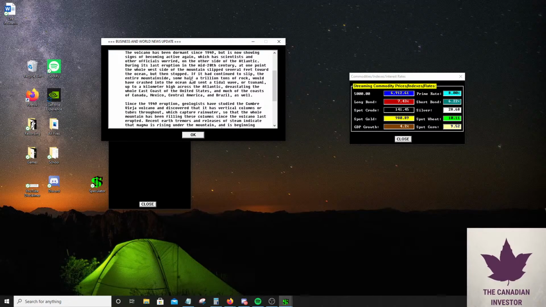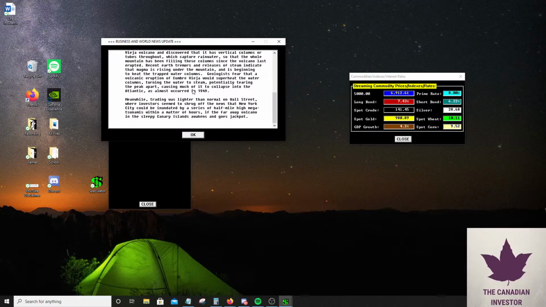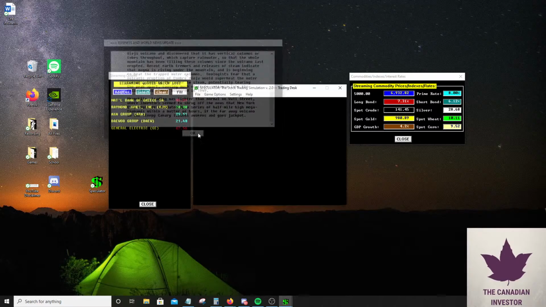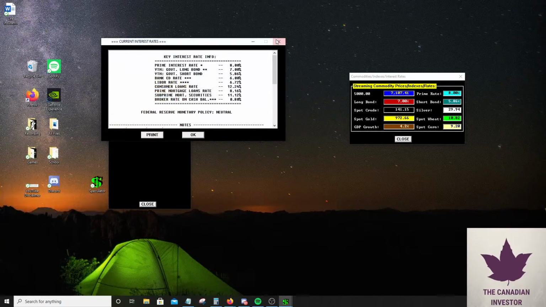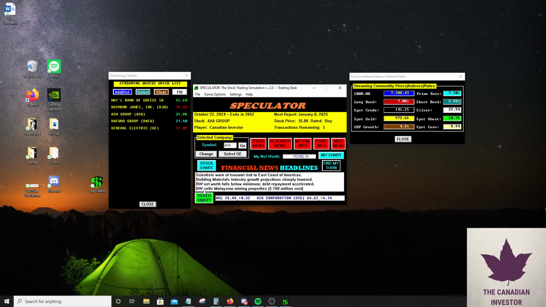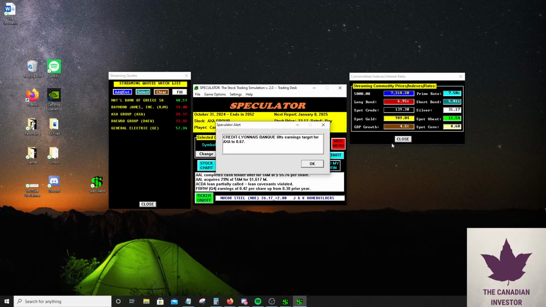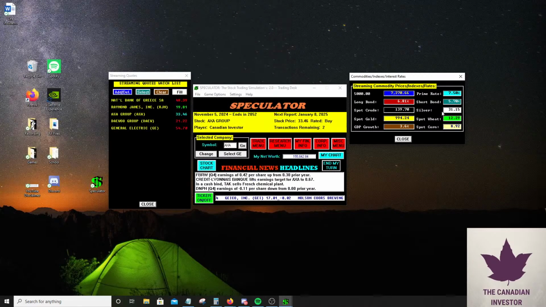So this might be an easing environment because there's a bit of volcano that happened. So what are they thinking? They're neutral still. But there's been volcano activity in the Cayman Islands, I think it said. Oh, interest rates fell hard. Okay. So we want to pay attention to the short bond right now. Let's see where it's at.